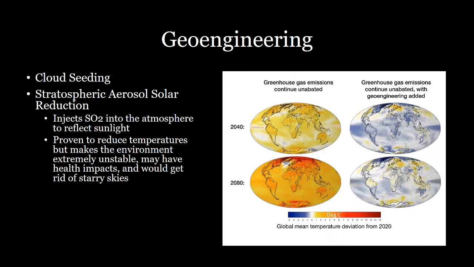Additionally, you would just have a lot of aesthetic problems as well. By pumping a whole bunch of sulfur dioxide into the stratosphere, you probably won't see stars at night anymore. And you might have a lot of other issues with how much pollution is required to actually get these aerosols into the atmosphere. So it's definitely not something that's currently taken all that seriously, but it's a fun thought experiment, at least at the moment, for ways that we can address this problem.